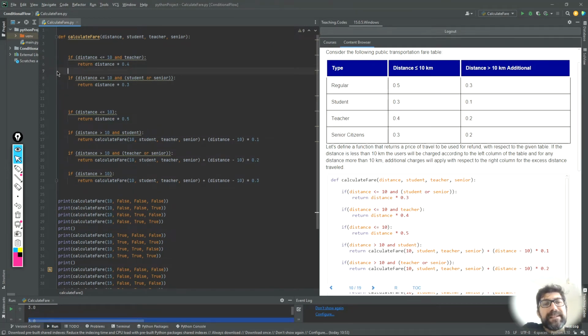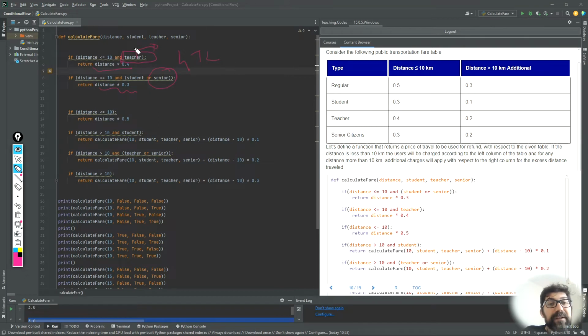If a person is a senior teacher, so if a person has the age above 65 or so, and is a teacher at the same time, the first conditional check is controlling whether the person is a teacher or not. So the person is a teacher and the person is going to be charged 4 Turkish liras regardless of whether the person is a senior or not. So actually the person would get more discount if seniority was checked before the teacher